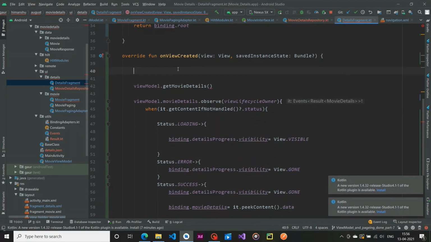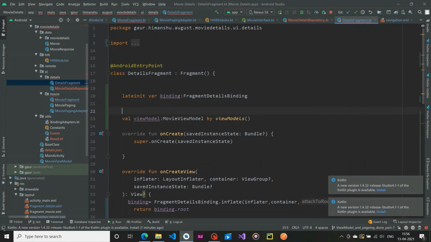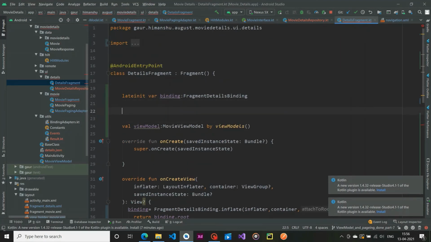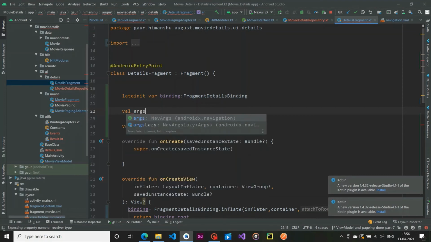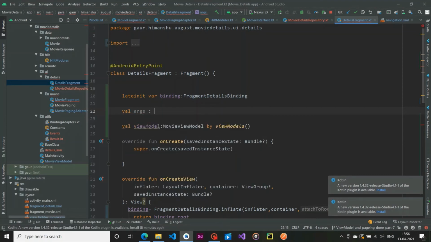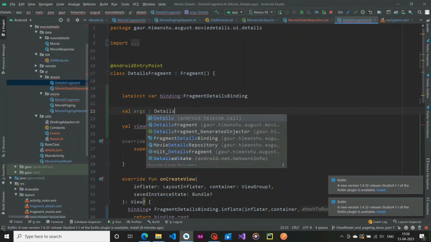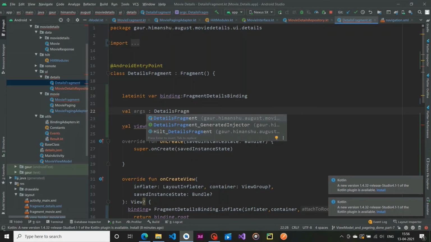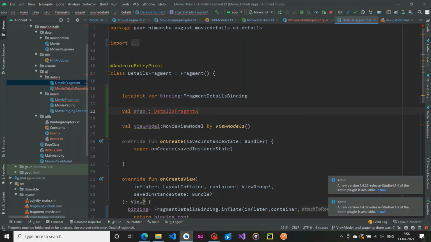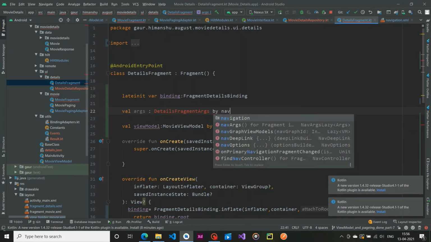And by using safe args we are going to take the data which is coming from our movie fragment. So val args, which is of type DetailsFragmentArgs, and initialize by using navArgs.